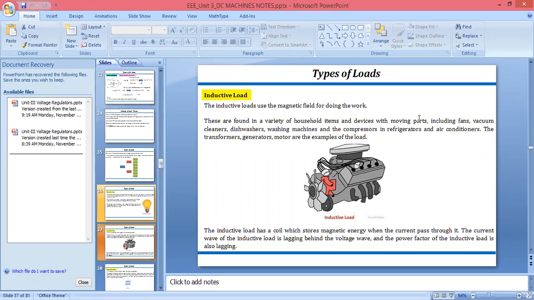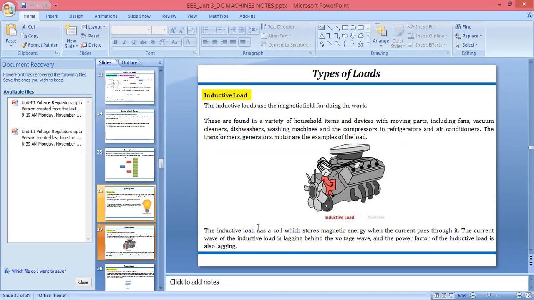If you are using the AC, you will get the air. It means, we can say, when we are using the inductive load, it takes the magnetic field and gives us the magnetic field storage in the form of some type of energy. That can be air, that can be coldness. So when we are using the inductive load, it will have a coil, because we know when we are using the inductor, it will have a coil.